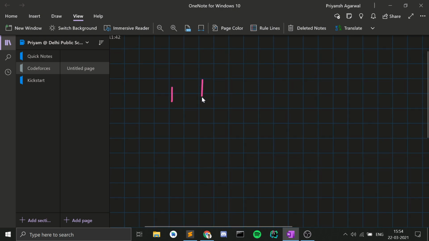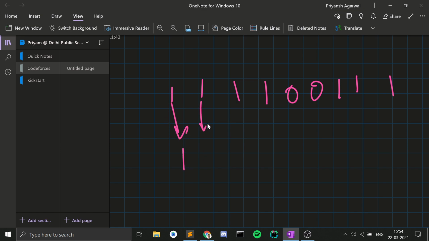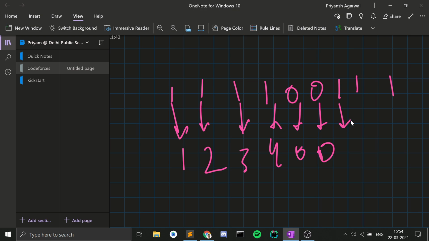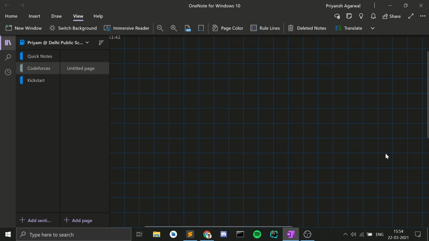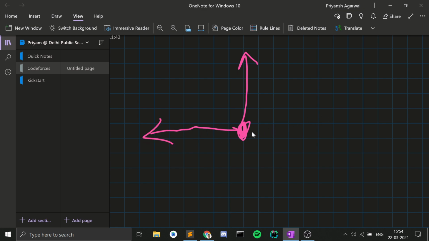So if you have this segment, the length of the longest segment of ones here is 1, here it will be 2, here it will be 3, here it will be 4, then here 0, 0, similarly again 1, 2, 3. So you need to determine this, that for every point, if I'm standing here, what is the longest segment of ones to the top side, what is the longest segment of ones to the left side, to the right side, and similarly to the downside,